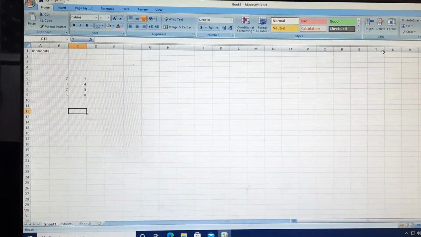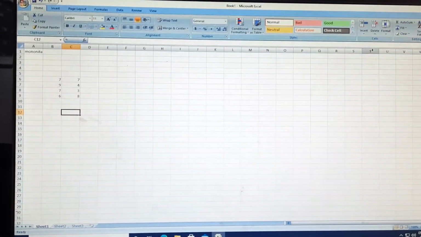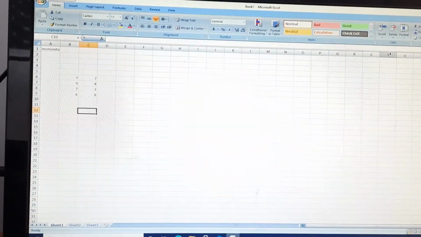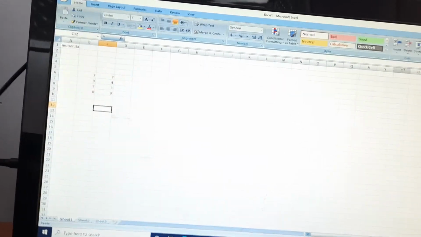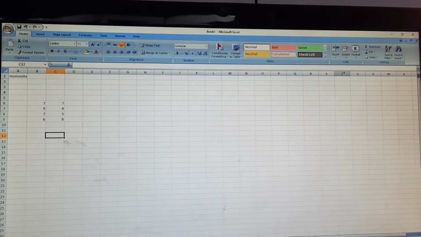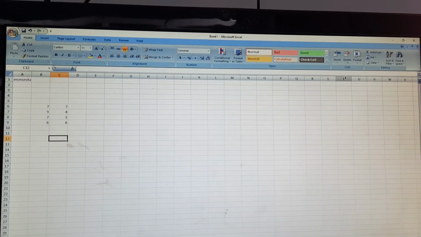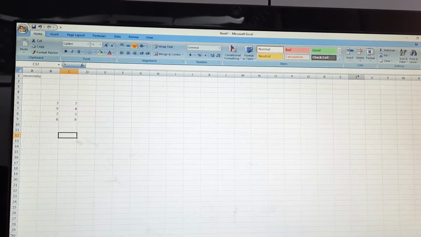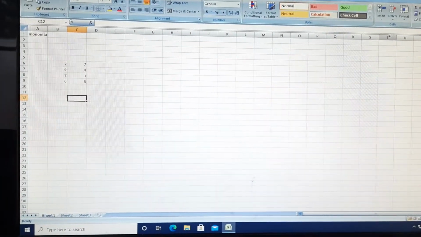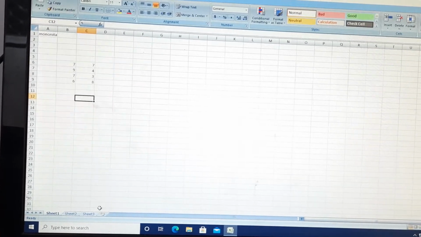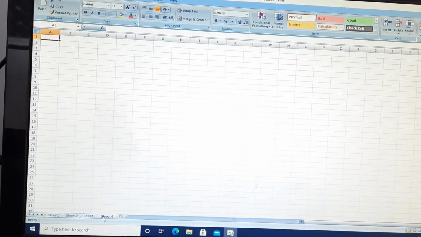Okay, in the same way you can delete the row and insert the row, same thing. Same process. Go to the insert option. It will ask you, want to insert a cell, want to insert the sheet row, want to insert the sheet column, or want to insert a sheet. I told you the shortcut key for how to insert a sheet. There is a small button here. As you click, a sheet has been inserted.